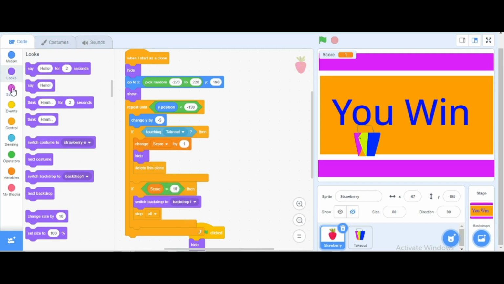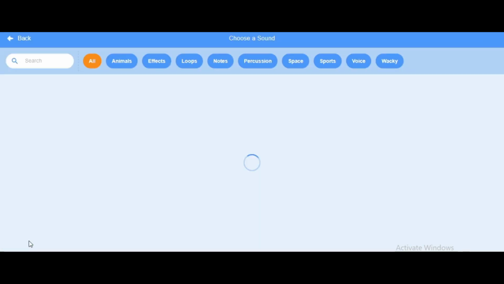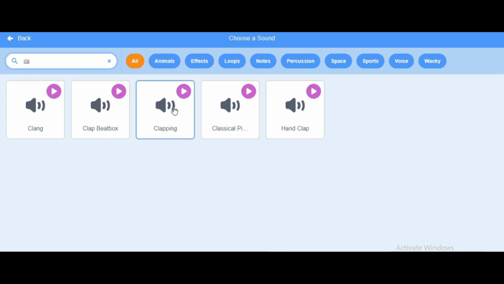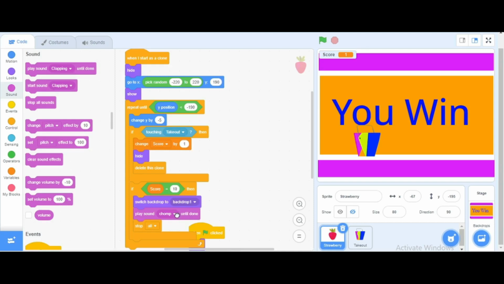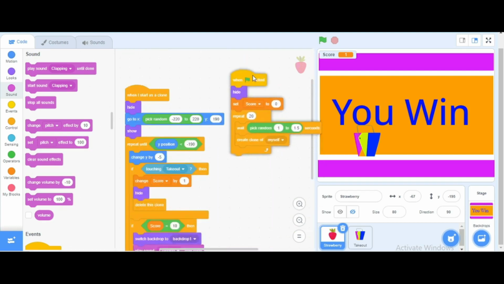Afterwards we are going to play one sound here. I will add one sound, clapping sound. Whenever our score is equal to 10, we have to play this sound. So I will change this sound to clapping, and afterwards stop all. Here also we have added our code.